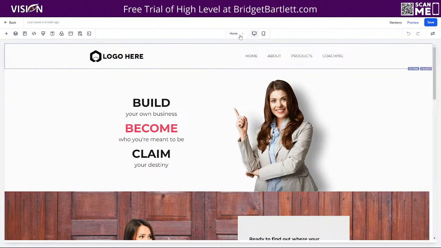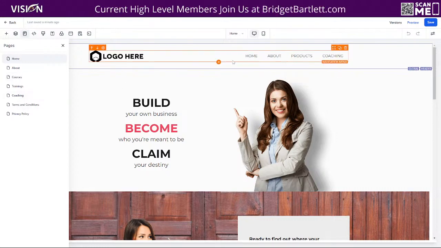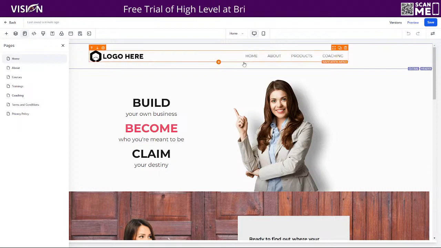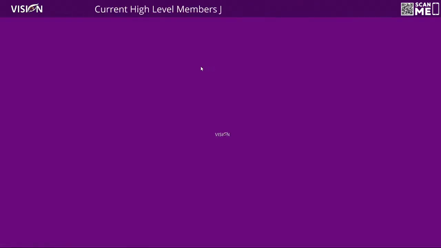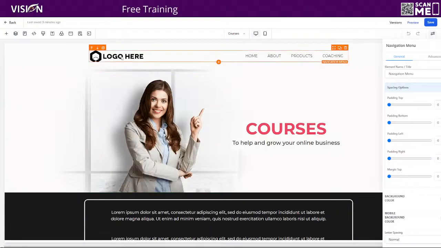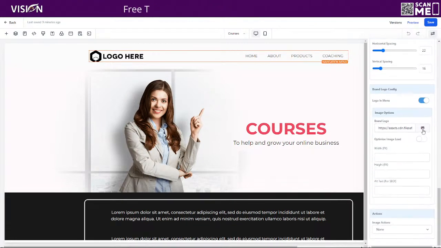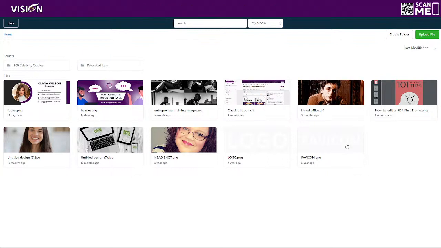Okay, so if I go to another page in this website and I update this, maybe I change the logo or something like that, as long as it's global, it will change all of the other pages that the global section is on. So if I go to courses here and open up this page, let's say that I decide to change this logo. So I'm going to left click here. Let's scroll down until we see the logo. And let's just choose